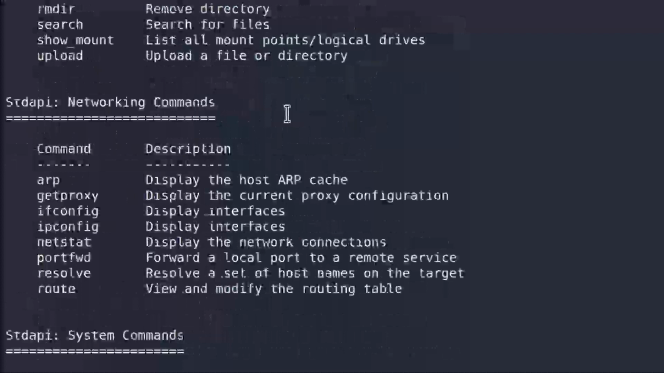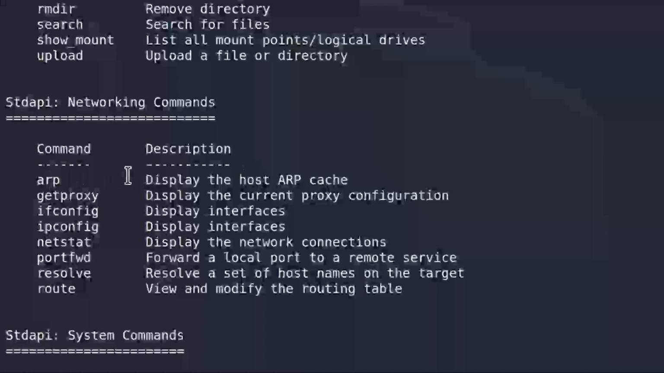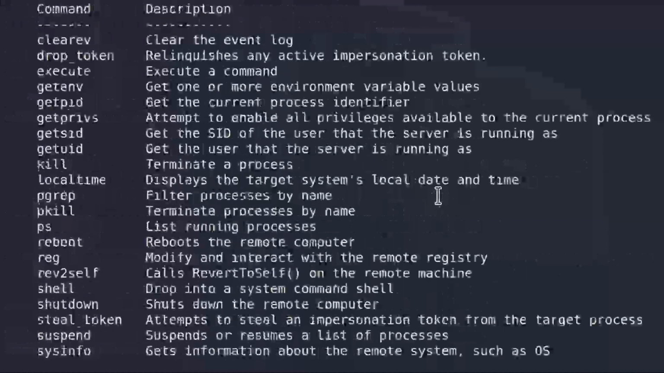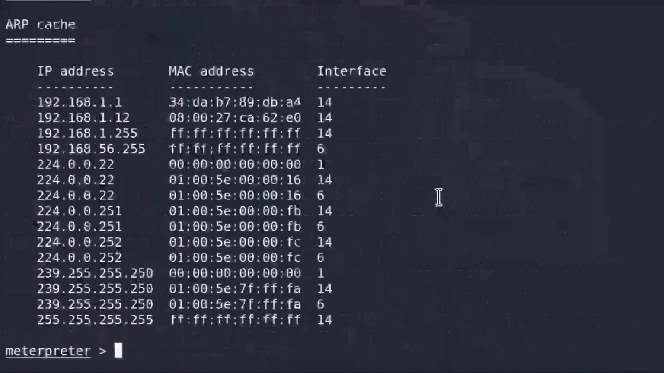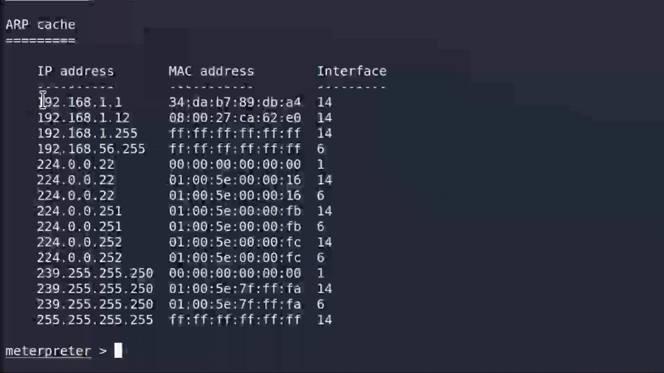Inside of the networking commands, we only have a few of them, so let's just test two or three of them. For example, this arp command will display the host ARP cache. So with this, we should be able to see the IP addresses and their corresponding MAC addresses. These are all of the IP addresses that are inside of our ARP tables on the Windows machine. So we have our Kali Linux IP address because we are currently communicating with our target machine from our Kali Linux IP address. Therefore, it must have our Kali Linux IP address in the ARP tables. We also get the router's IP address, the broadcast IP address,